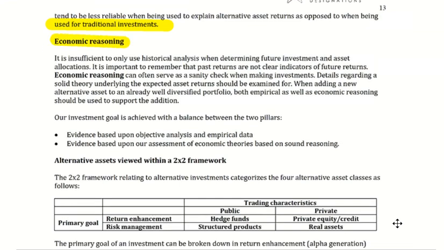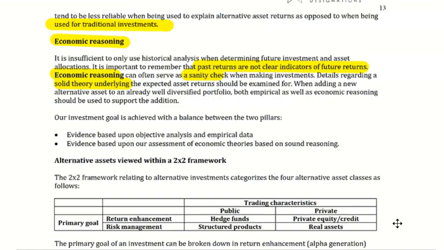Economic reasoning, okay. Remember, we spoke about historical analysis. So you say, well, what happened in the past and how will that impact what happens in the future? Okay, and we said the downside of that is that past returns are not necessarily clear indicators of future returns. Economic reasoning then comes about and says, let's do a bit of a sanity check. And exactly that. Economic reasoning says, is there solid economic or underlying theory for our particular assets so that we should invest in that particular asset?